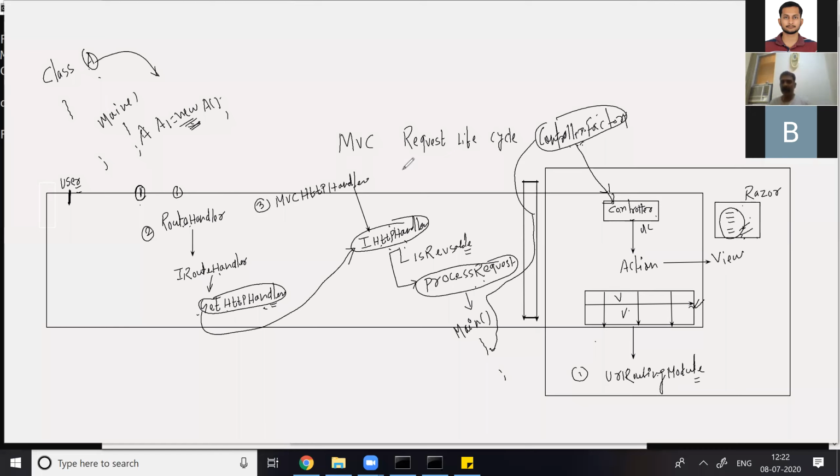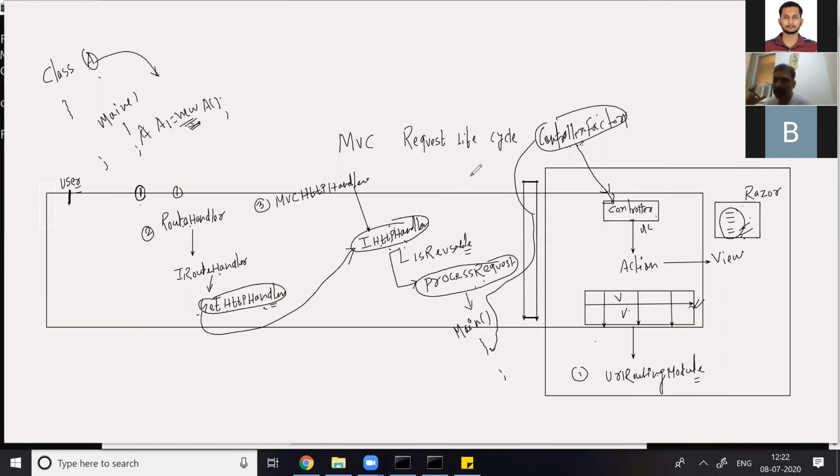What do you want? Customize the MVC request lifecycle in such a way that just for displaying a message, I should not go for the controller. You load the controller when you want to go for a repository, a unit of work, or any database operations.